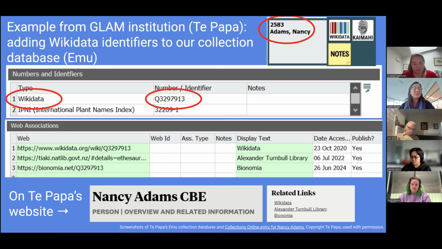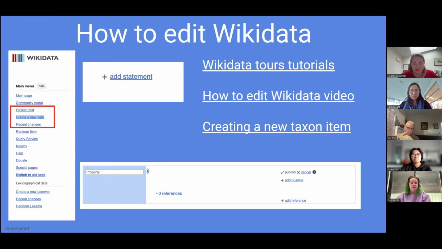So how do you edit Wikidata? Well, we highly recommend completing the Wikidata Tours tutorial before getting started. And we've included a link to a YouTube video, which also gives some information on how to go about this. When you're ready, go to the main page of Wikidata. If you manually want to create an entirely new item, on the left-hand side, there's a Create New Item tab. But before you do this, we highly recommend searching Wikidata for what you want before attempting to